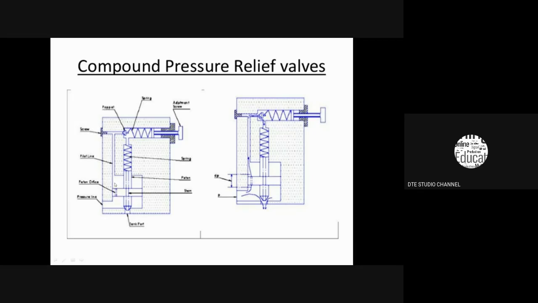Because of this difference, the piston moves in the upward direction, which opens the tank port. Whenever the tank port is opened, some fluid flows back to the reservoir through the tank port. Thereby the pressure of fluid is reduced, and this happens until the spring force is equal to the pressure of the fluid. When these two are equal, the poppet is automatically closed by the spring. Like this, the pressure relief valve regulates the pressure of fluid in the system.